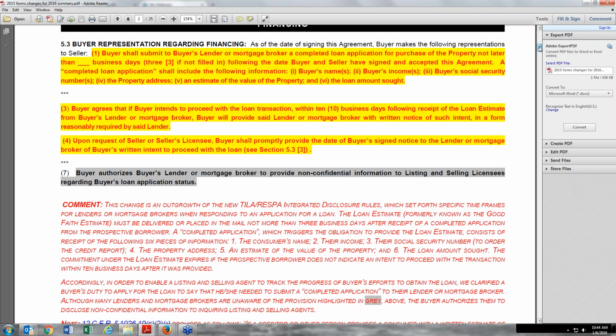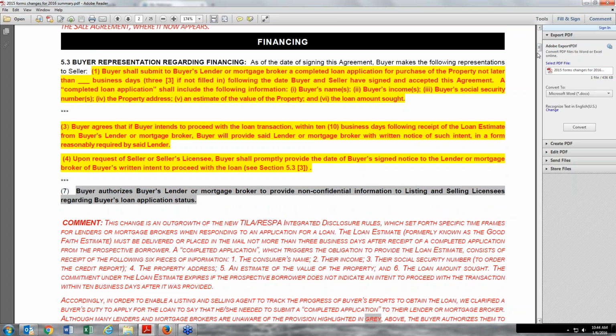and you can see that I've got a comment here just explaining what I just explained about definitions and instructions. And then the first substantive section is on financing. And these sections now have a title. In this case, it's financing. And the subsequent sections that deal with financing are below it. So section 5.3 has got some new text in it, sections 1, 2, and 3, and 4. And I want to say that the reason for these changes relates to TRID, T-R-I-D, which stands for the